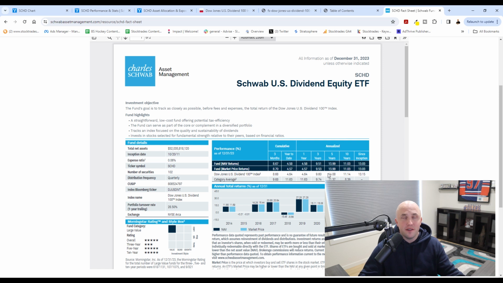You have to pay fees to the fund. There's other expenses within the fund that they might charge you. So you're going to underperform the index by a slim amount, but we're looking at 10-year annualized returns of around 11.14%, or sorry, 11.03%. The index itself is 11.14, so that is pretty strong. When we look at it in relation to the S&P 500, which is probably the index that I would benchmark this against rather than the